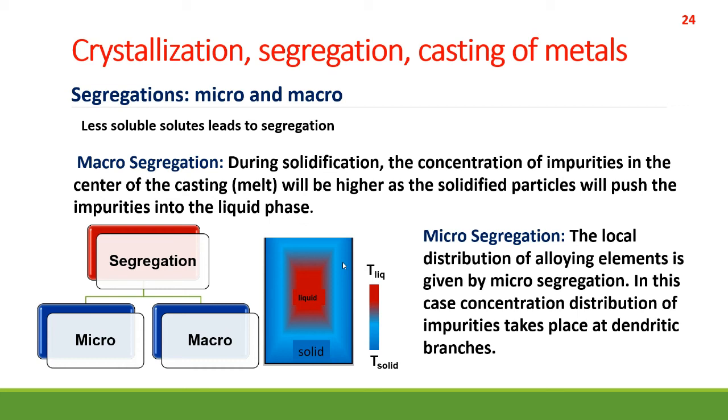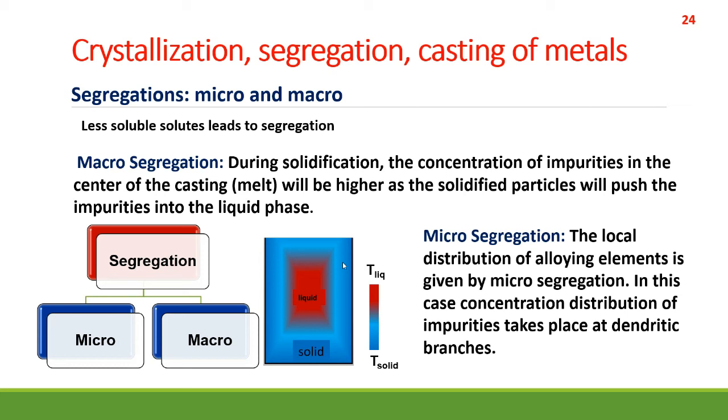So if I take the example of steel, that is the iron carbon system, we know the base material is iron, and carbon is added to it to get steel. So this is the thing, when you try to add something to the base material,